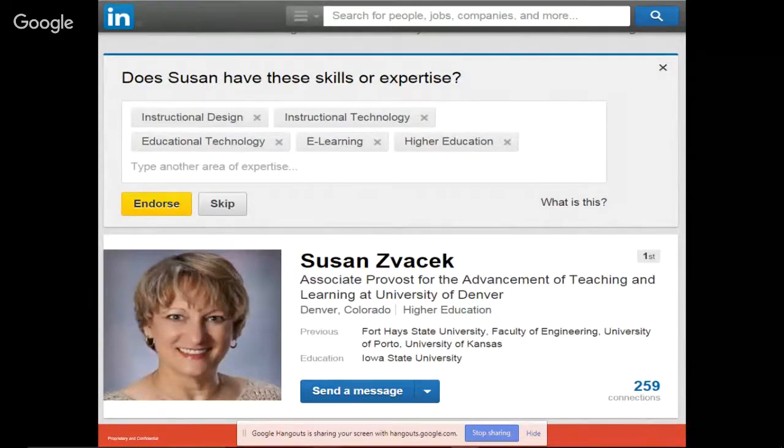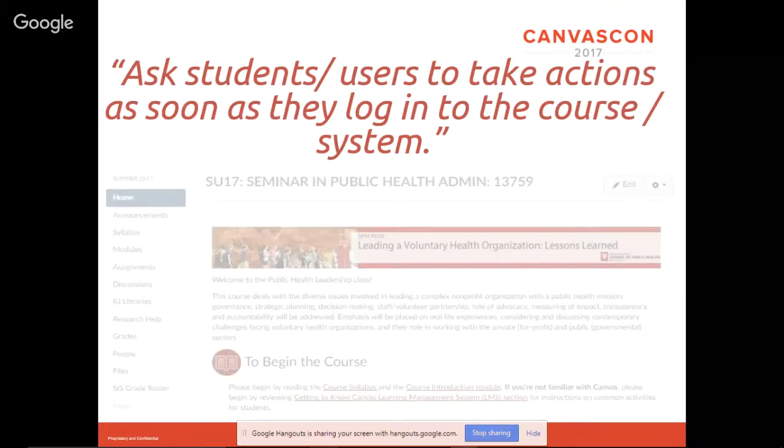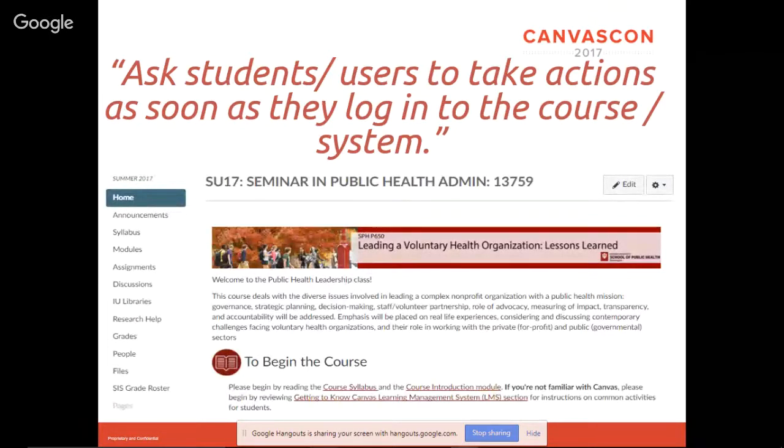It's an endorse button that pops up every time you access a profile on your network. Combined with the fact that people, of course, like to give a lot of endorsements to each other, to their friends and to their colleagues to help each other, it made this feature a huge success. So thinking about how this law is applied for LinkedIn, we'll go to Canvas, and we can apply it by asking students or users to take action as soon as they log into the course or the system on Canvas. So one of the things is we design a good homepage, and then we put it home